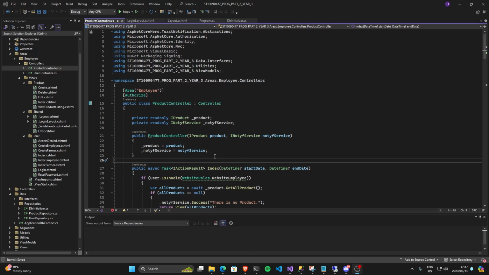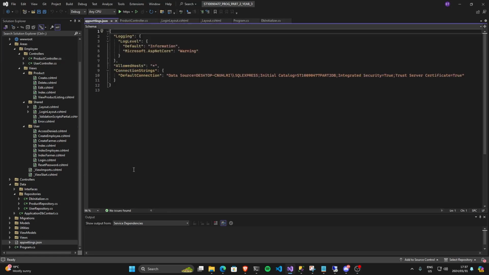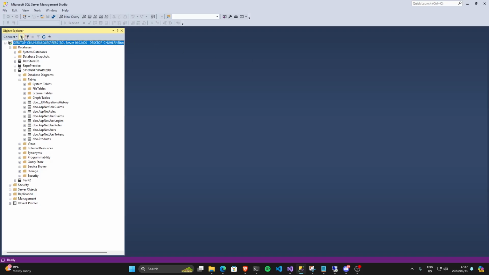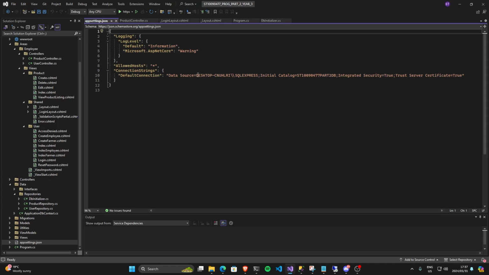To make the application run on your computer, first go to application settings, and then go to your SSMS, click on this button and copy the server name. Paste it right here. After you're done with that, go to Tools,